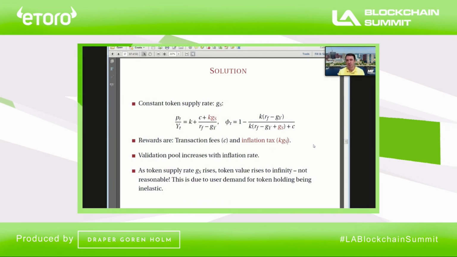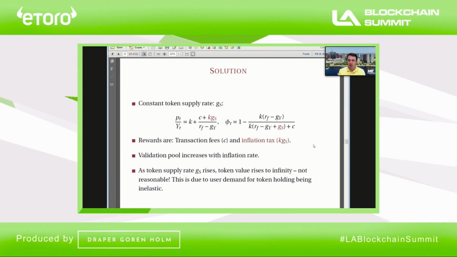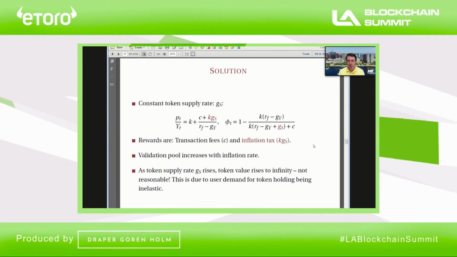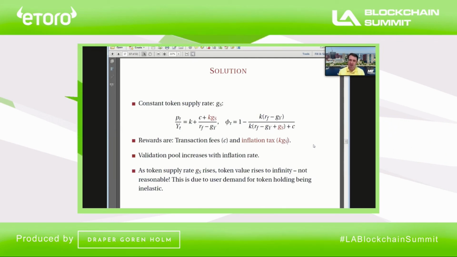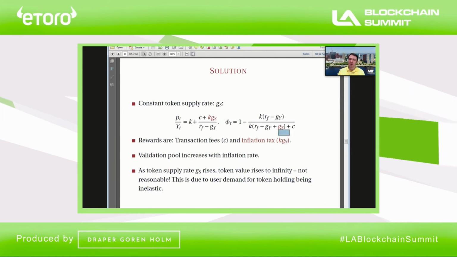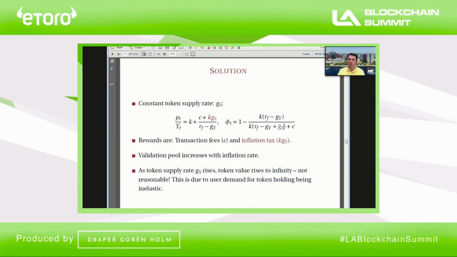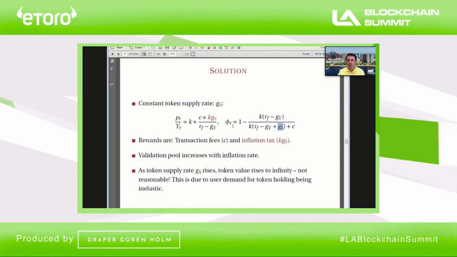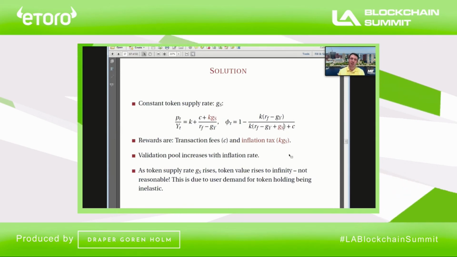So what this is telling you is that the longer consumers hold the token in their wallet before using it, the more they're going to lose to this inflation tax, the more dilution they suffer. And the faster the system prints new tokens, the higher the inflation tax. So it's very intuitive. The inflation tax, of course, also affects the solution for the size of the validator pool fee, because it makes validation activity more appealing. So we see that the size of the validation pool increases with the inflation rate.